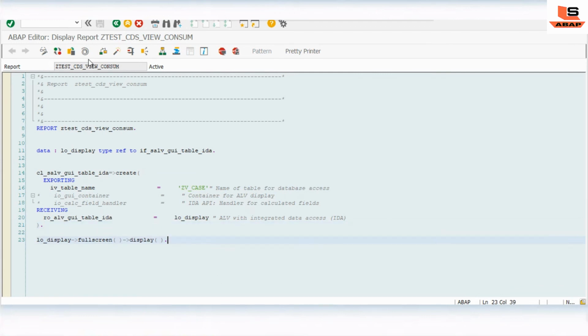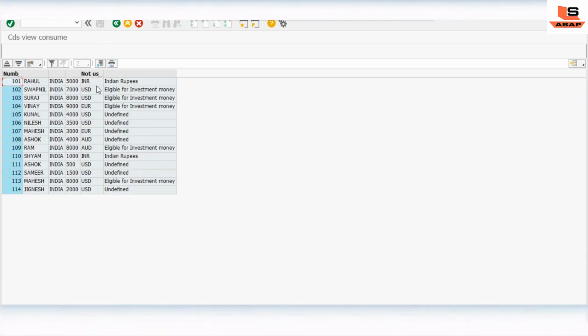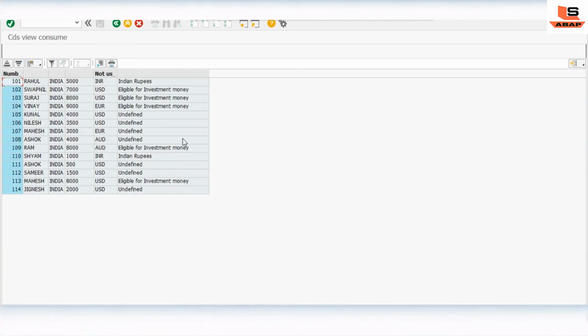Now we will execute it and check the output. We'll copy this program name, go to SE38, put the program name and click on execute. Once we click on execute, as you can see here, the same output we have seen inside our view in Eclipse.